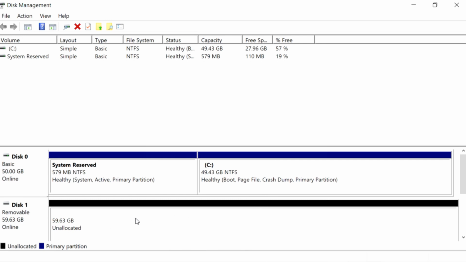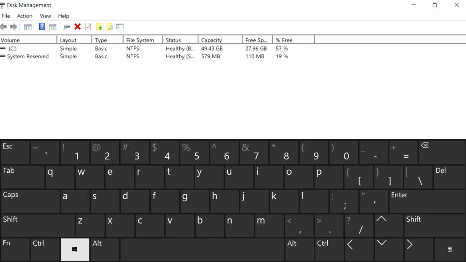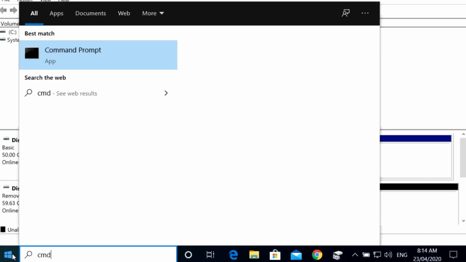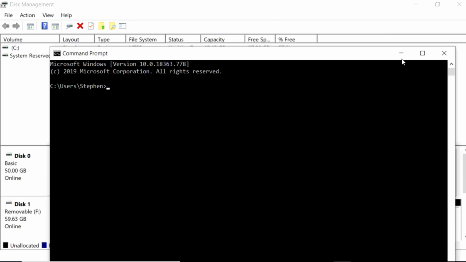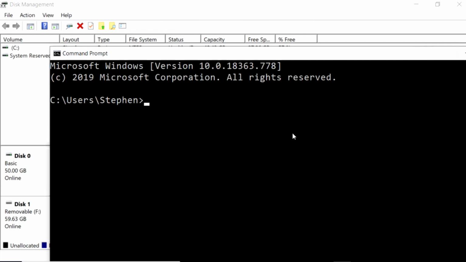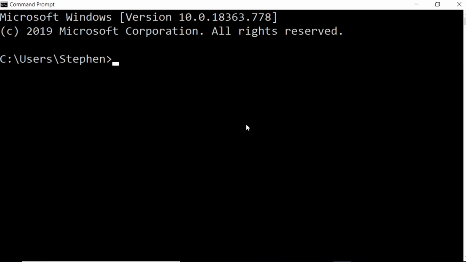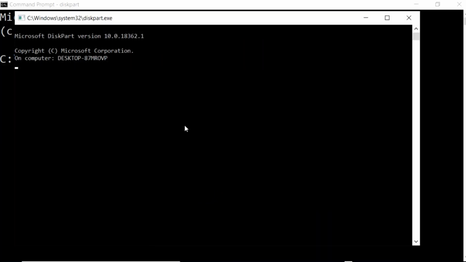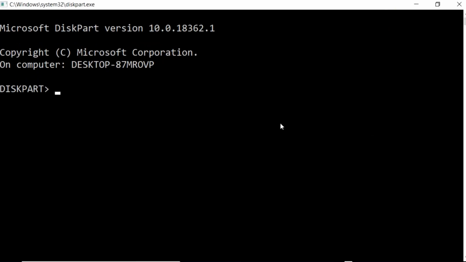And now we are going to hit the Windows button and open command prompt. So if you just search for CMD and hit enter, that's command prompt. Once we have that open, we are going to run diskpart, and we're going to get prompted to run it. We'll say yes. Okay, so we can say list disk,